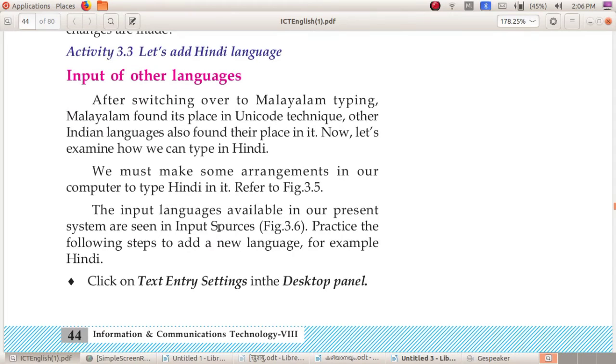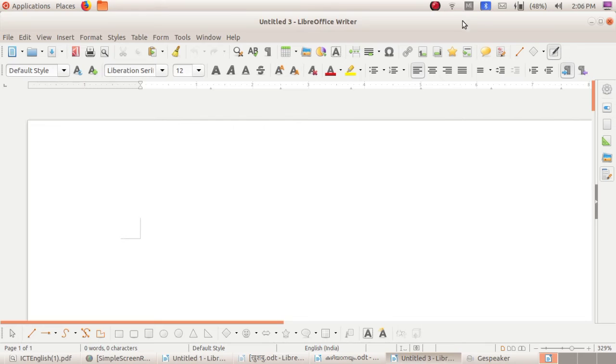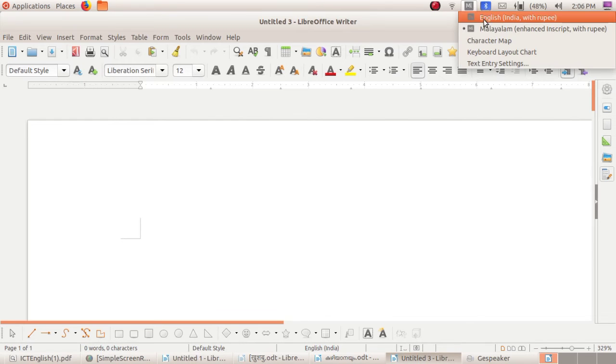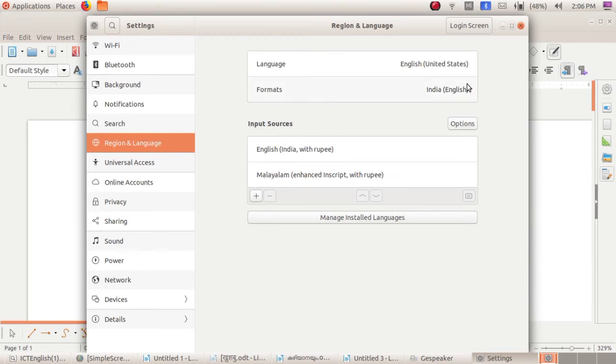Next, activity 3.3, let us add Hindi language. For adding Hindi, you can see here in the keyboard indicator only English and Malayalam. Now we want to add an extra language, that is Hindi. For that, select text entry settings. Here you can see region and language.